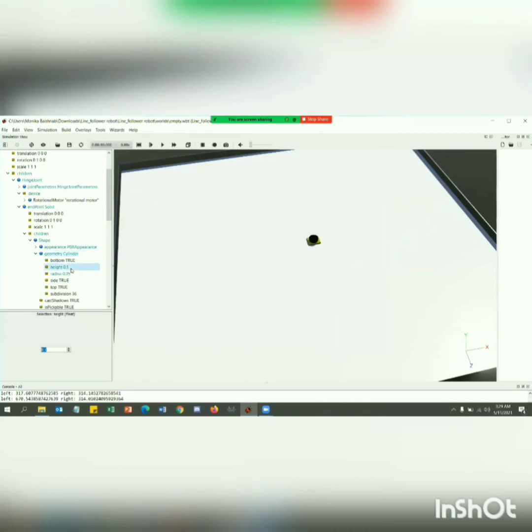We have to change the height and radius, 0.02, 0.04 for the geometry part, and we have to just rotate the